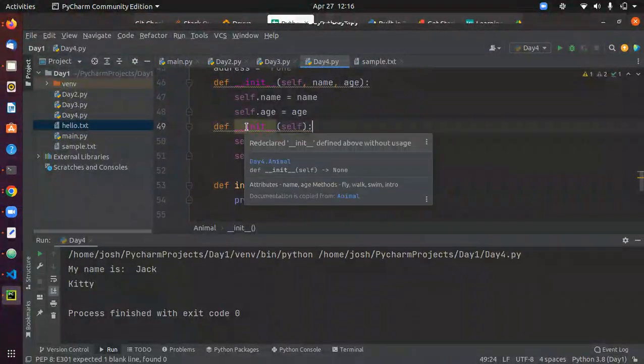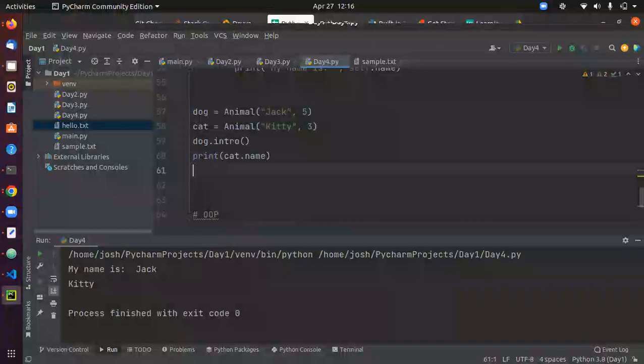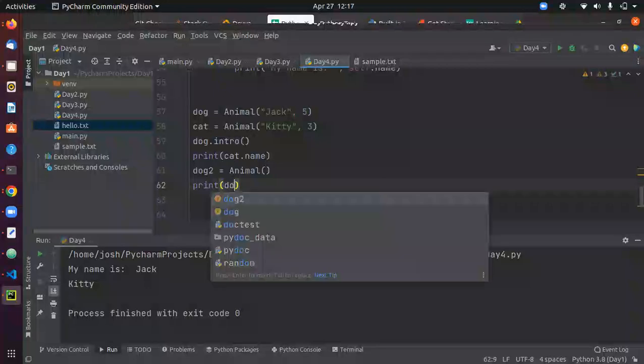So this is showing me "redeclared init defined above without usage." Okay. So you have to use it and just remove the parameters from the cat object. That can also work, no? Or we can just create another object. We'll just see if both objects can be created. Anyway. Okay. Now print dog2